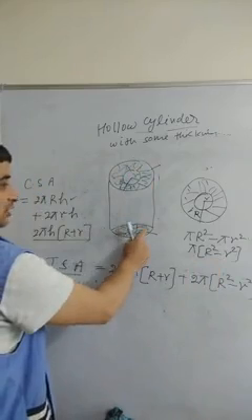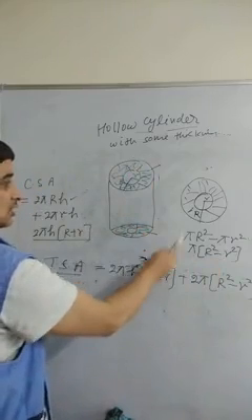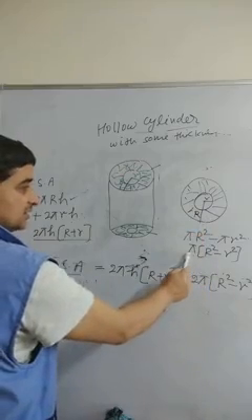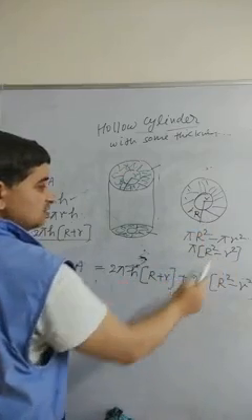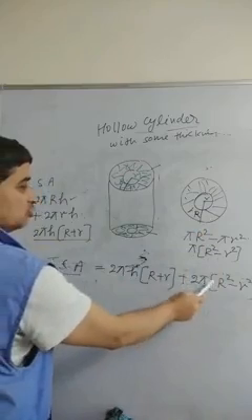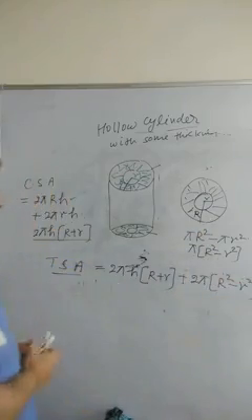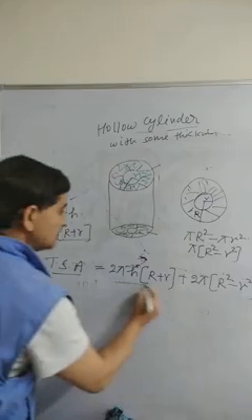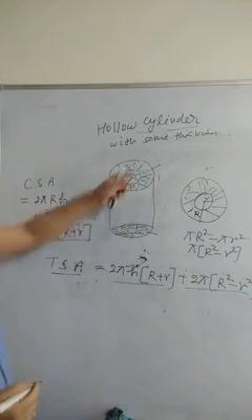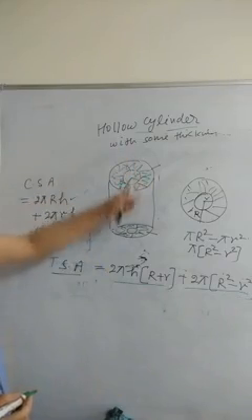The same will be for bottom. Got it? So you just twice it. This is pi (R square minus r square). You multiply it with 2, so it will be 2 pi (R square minus r square). So this will give you the total surface area of a cylinder with some thickness.